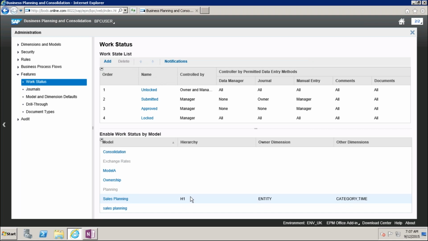Yesterday I created the locked one. By default you will get 3 work statuses: one is unlocked, another is submit, another is approved.